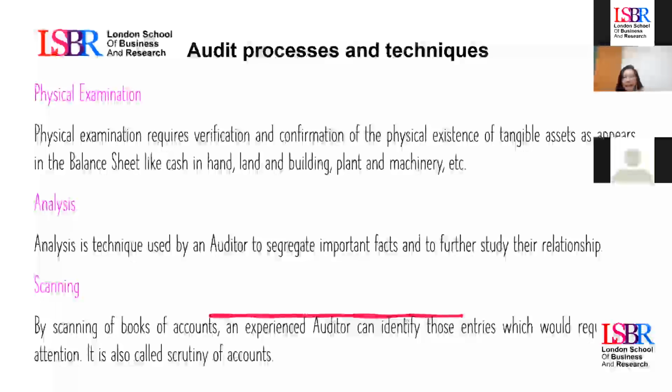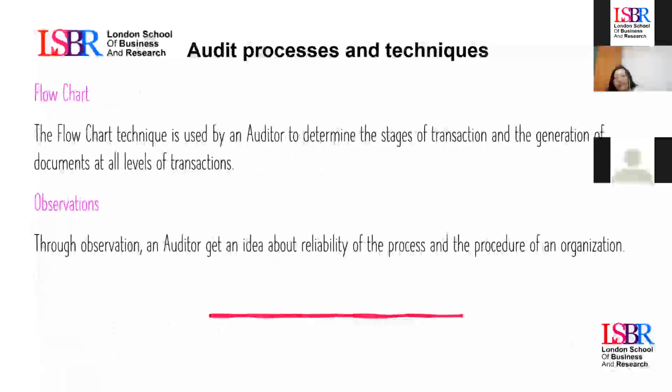And scanning is when the auditor scans data, and maybe he can see a very strange number. Maybe if the sales of the company are around 1 million, and suddenly the auditor sees a sale of 3 million, maybe this could be an alarm. So basically scanning is to review and find these items that are not usual.